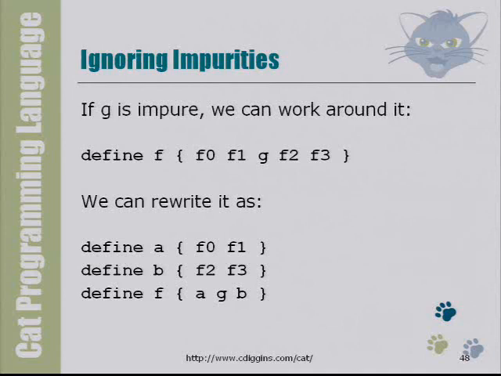So let's say I define a function f, and it's the compose of these 5 functions. Well, as I was showing you the equivalency rules before, we can define a as being the first half, b as being the third half, like the last part. And then you can redefine f as a, g, b. So then you can work with optimizing f0, and then after that you work with optimizing f2 and f3.